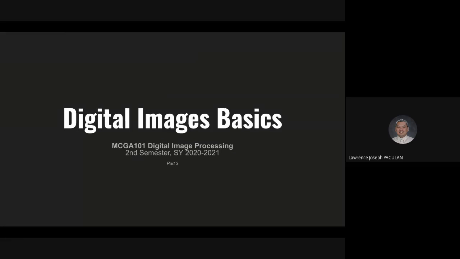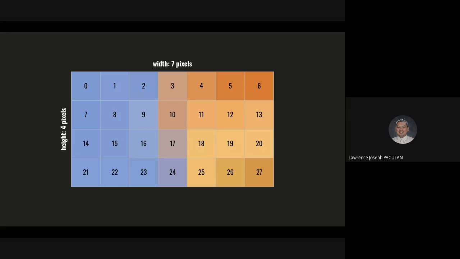Okay, so for part 3, now that we know how to locate indices using the coordinates and the width of the image, we can now try to extract information such as color information for each image that we will be processing. So, for example, going back to the example image that we used in part 2,